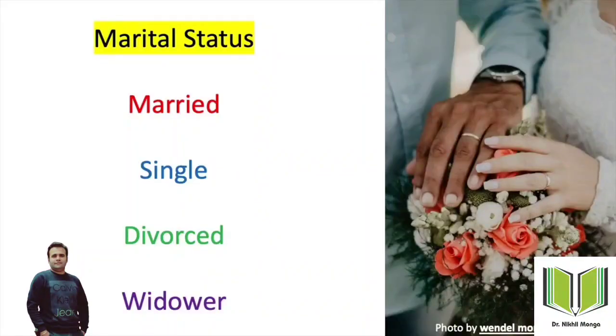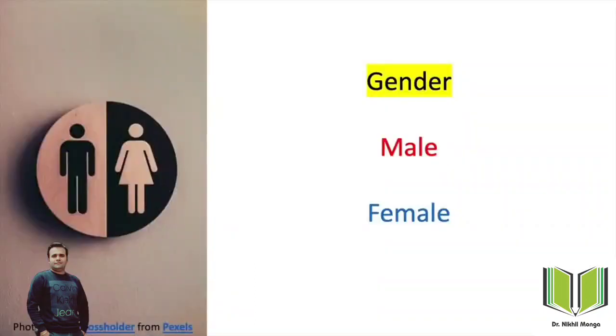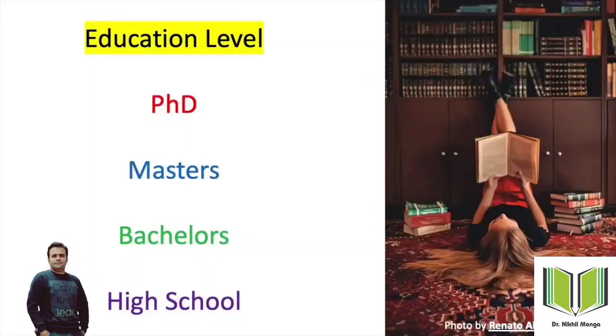Now just look at marital status, right? You cannot arrange those on the basis of preference, or on the basis of superiority compared to the other one. Similarly, we have another example, gender. We cannot rank male or female, or say that one is superior. And if I talk about education level, some of you may be PhD, master, bachelor, or school certificate. All these are categorical variables.